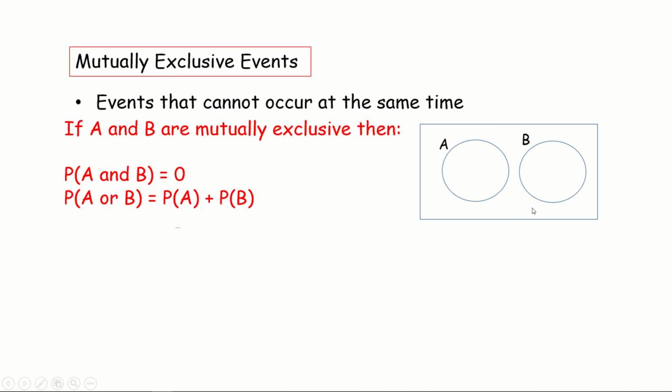You might see a Venn diagram with an overlap, but they're mutually exclusive events. That would mean that there is nothing at all put in the overlap, or perhaps a 0 to show that there's 0 chance. Okay, now if you understand all that, then great, you are ready to do today's exercise,